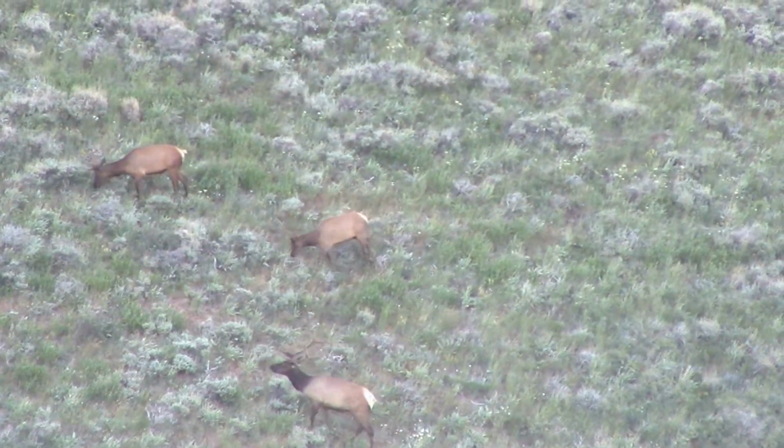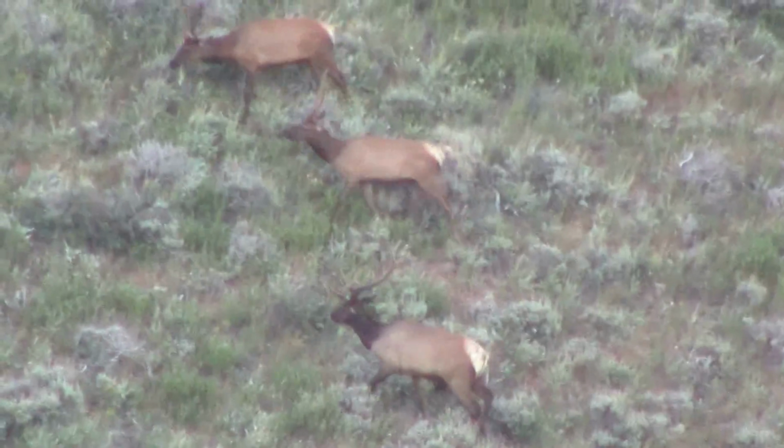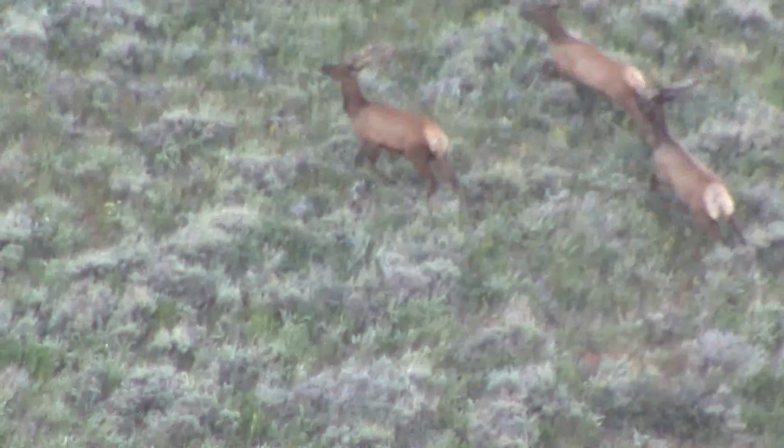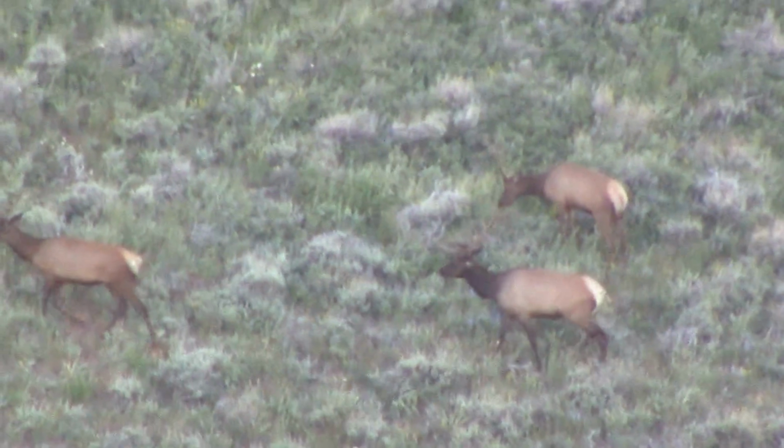400 yards away probably. So it's as close as this. Oh, look. And how cool is that? 3 bulls. They come out at night. They're really nocturnal. And they're still in bachelor herds, so